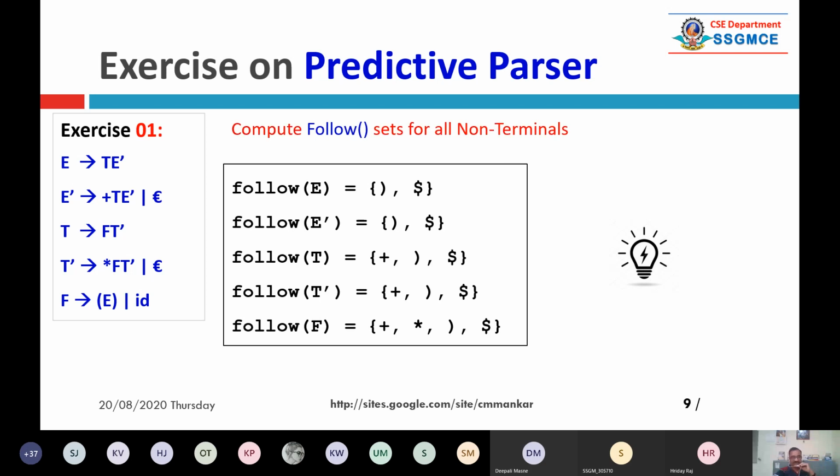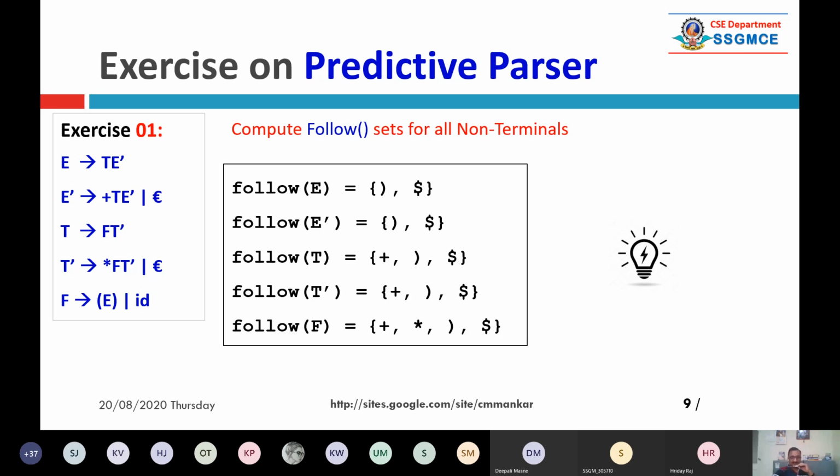With respect to this example, let us say E is there. E gives you TE dash. Now TE dash gives you the third and fourth production. There are some rules, but right now don't go for the rules. Just imagine that E dash is generating a closing bracket and a dollar symbol. Now, what is dollar?